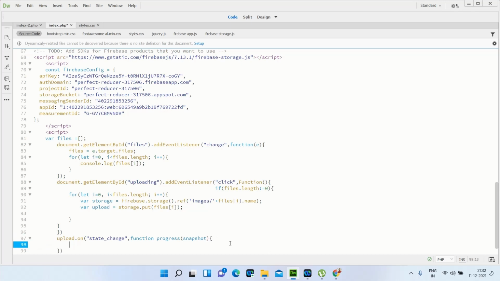After that we start the curly bracket, and here let percentage equal to